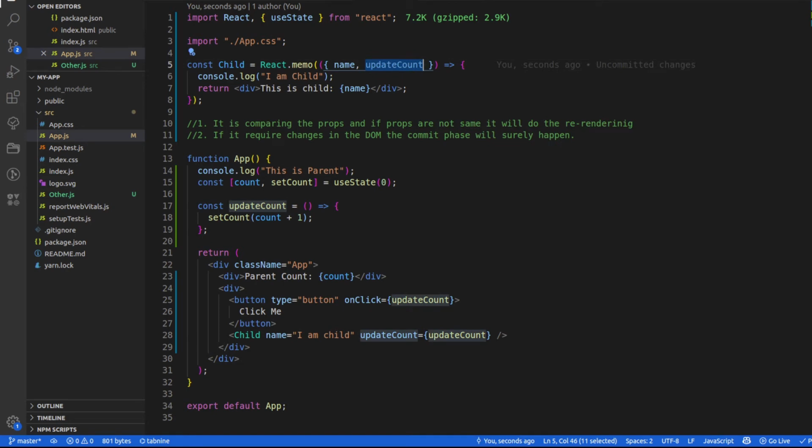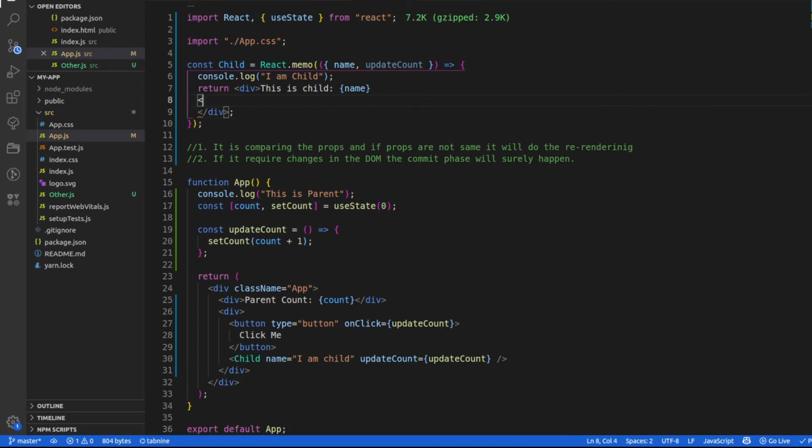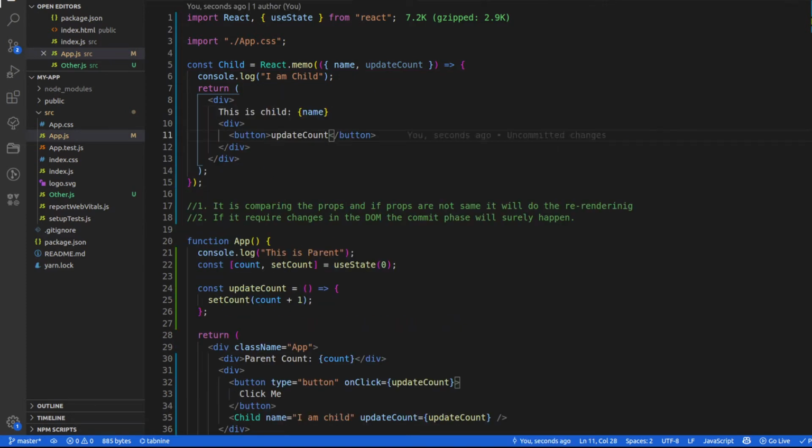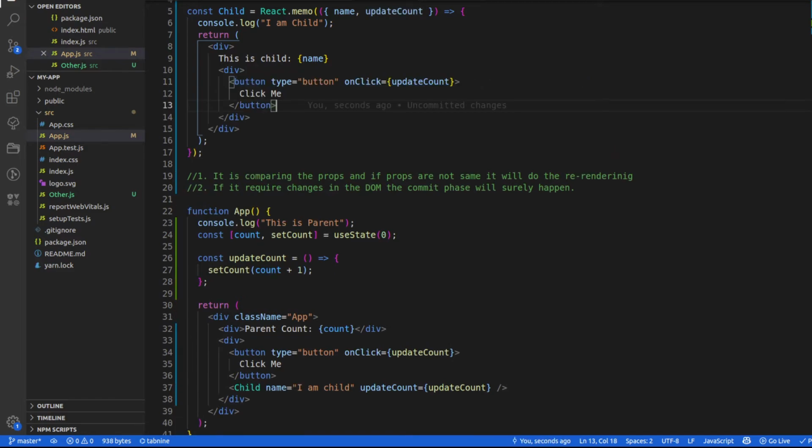All right, and let's add a button with update count. Let's actually copy the same thing over there, and let's change it to click me 2.